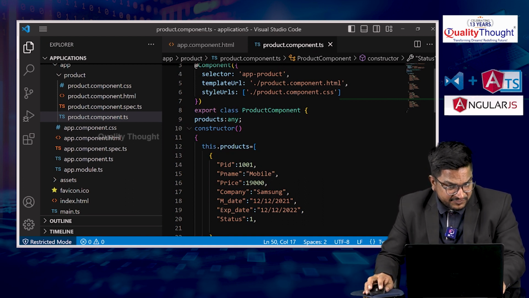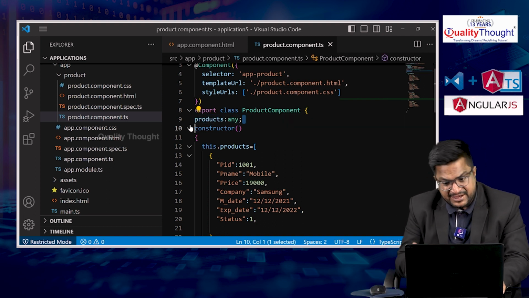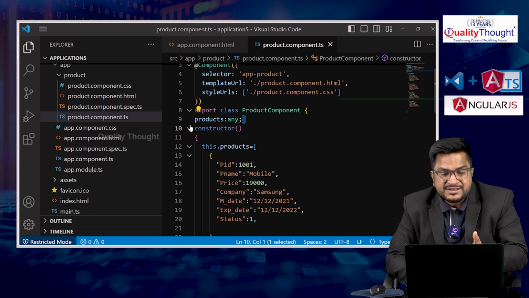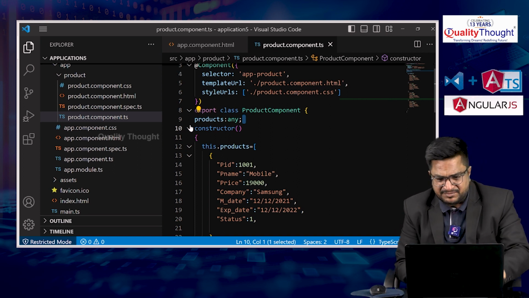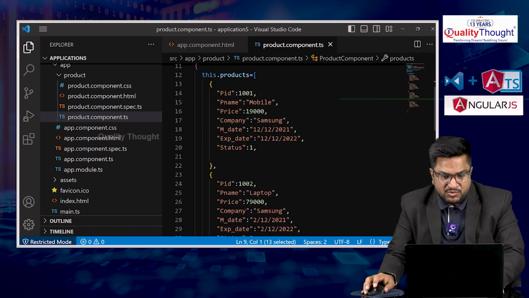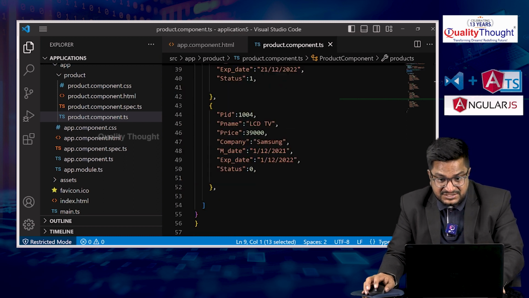So what is the meaning of any? Any means that compulsorily, if you are using an array of different, heterogeneous objects, meaning different types of data in the application, we have to use product equal to any here. So now these are my 4 products' information that I have inside